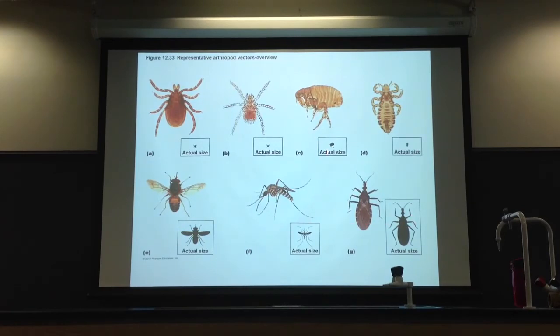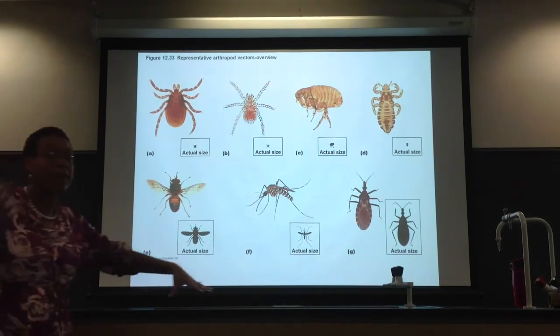We talked about fleas carrying bubonic plague. This is lice, this is the flea. Here's your lice. These can stay with you and live forever with you if you don't get rid of them. They can carry some rickettsial bacteria and can cause typhus. This is a typical housefly. If it's a housefly, it's a mechanical vector. It just carries pathogens with it.